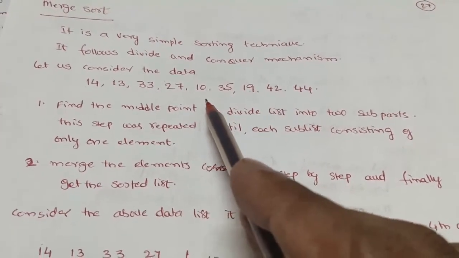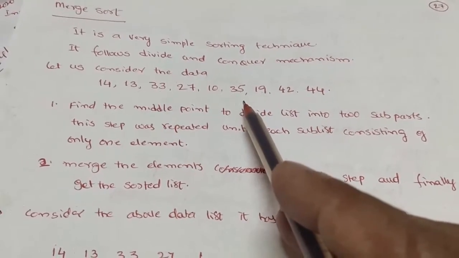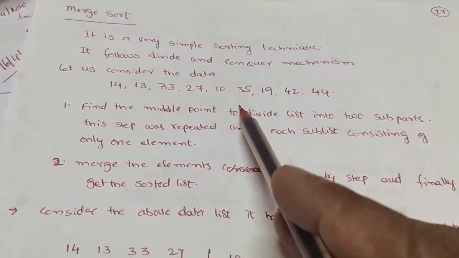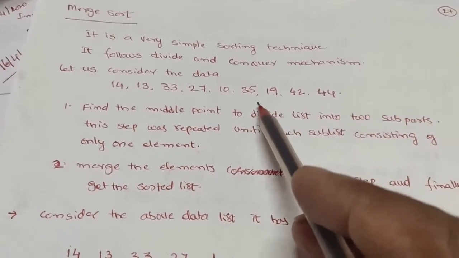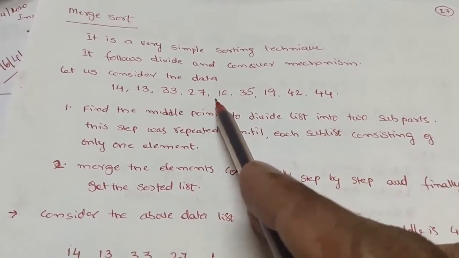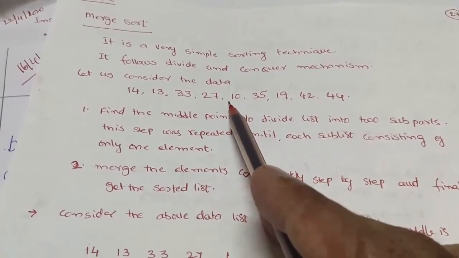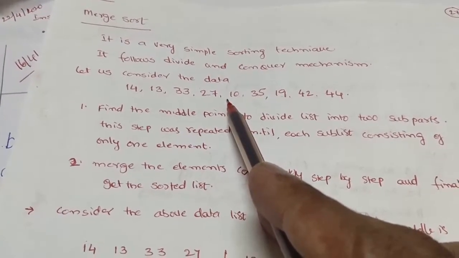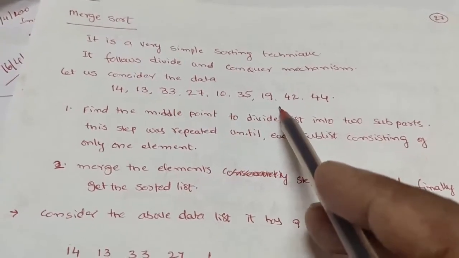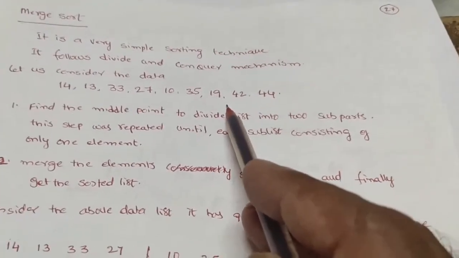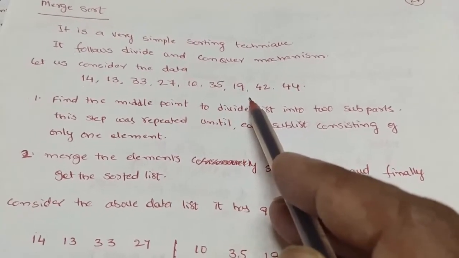I am going to consider that all the data is stored in an array, or here I am going to call it a list. The middle point of the list: there are 9 data elements, so 4.5 is not possible. So we are going to consider the lower limit. That means the 4 data elements 14, 13, 33 and 27 in one list, and the remaining 5 elements in the other list. That is, the main list or the main array consisting of the data elements is divided